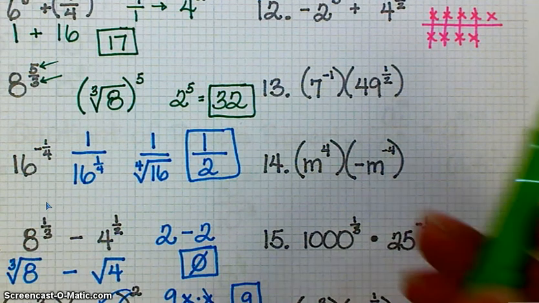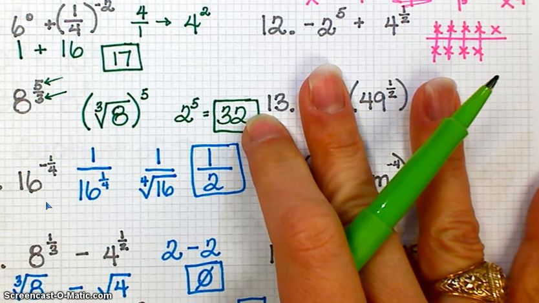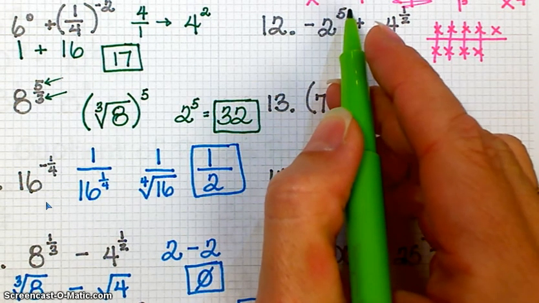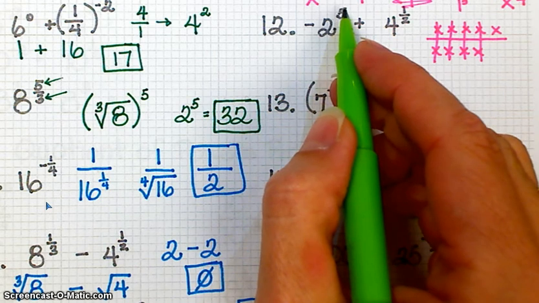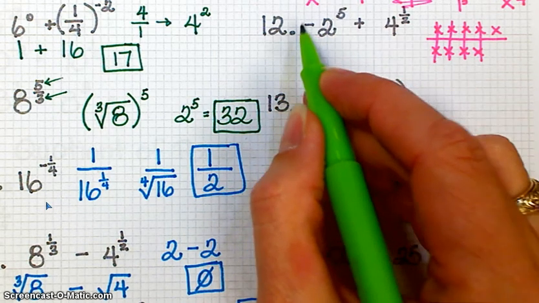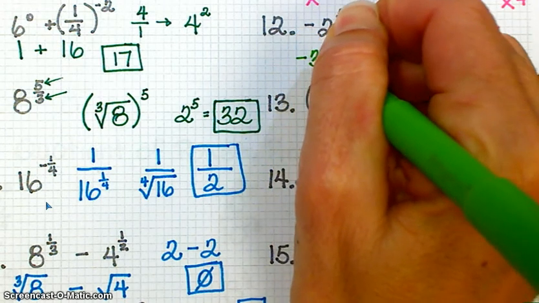Okay, let's see. It's kind of hiding up here in all the writing, but the next one that we need to do is number 12. This says the negative of 2 to the 5th. So 2 to the 5th is 2 times 2 times 2 times 2 times 2, which is 32. But the negative of 32 is negative 32